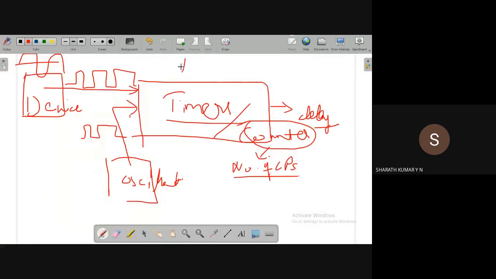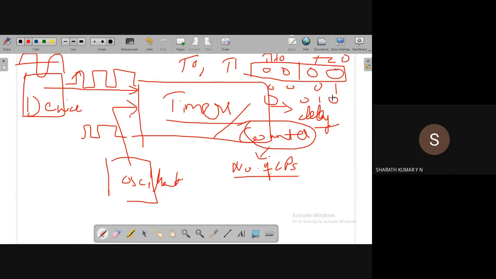We may make use of timer 0 or timer 1. Whenever external clock pulses are applied, the timer hardware increments the content of the timer. For example, take timer 0. Let us say it has two parts, TH0 and TL0. The initial count is 0000. Only when the clock pulse appears, the count increments. On the next clock pulse, the count increments further like this. It's always an up count.